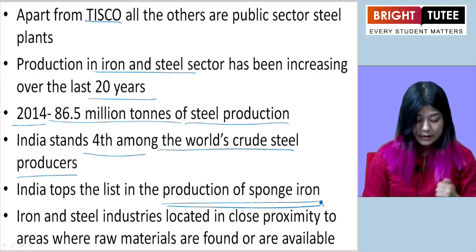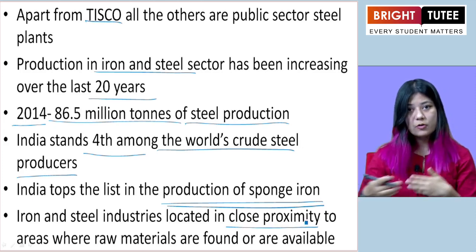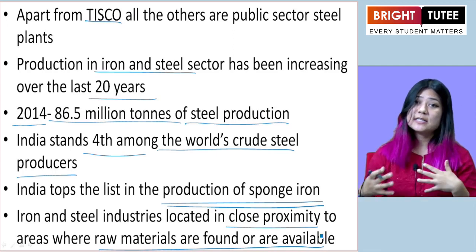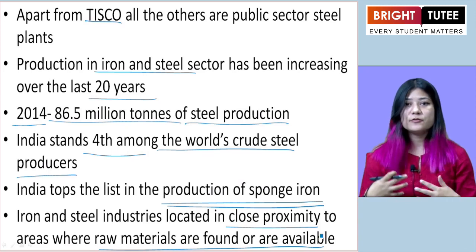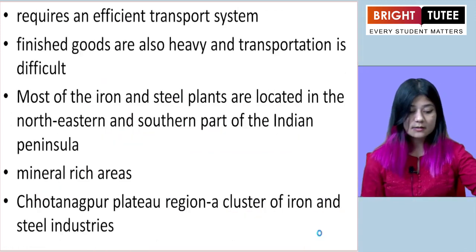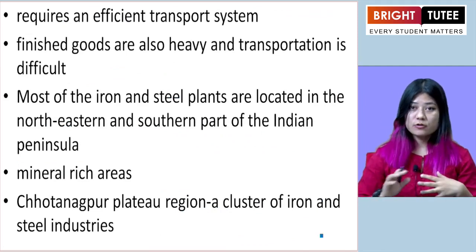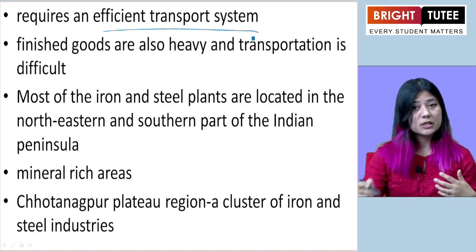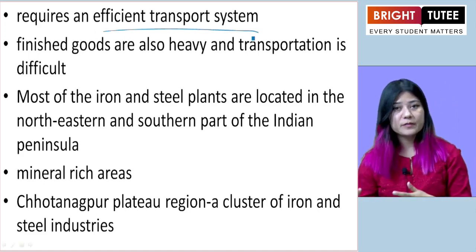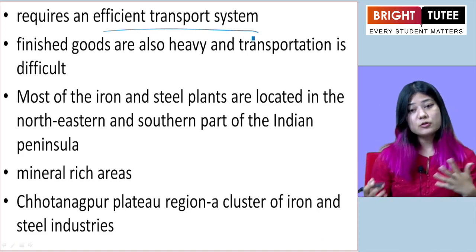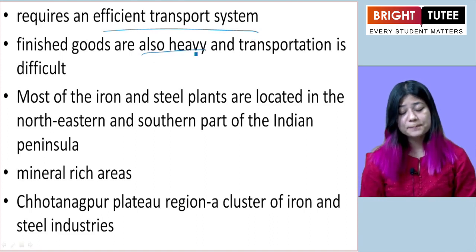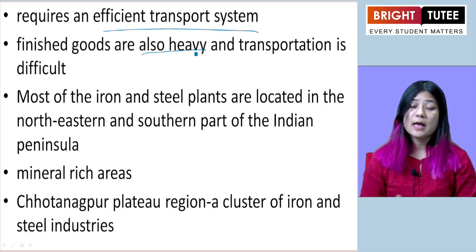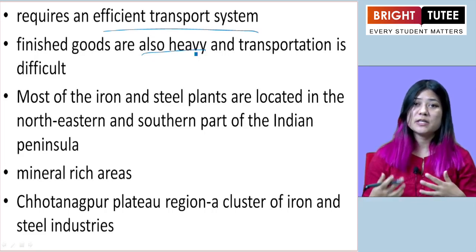Alright. Now, iron and steel industries are located in close proximity to the areas where raw materials are found or available. Because if they are not located near the areas where raw materials are available, then they have to invest a huge amount for the transportation of the raw materials. If the raw materials and the industries are located far away from each other, they need an efficient transport system, right? They need proper investment in the transport system, because the finished goods are also heavy and they need transportation. However, the iron and steel plants are often located very close to the areas where they get the raw materials from. But despite that, they still have to invest a huge amount of money in transportation, because we know